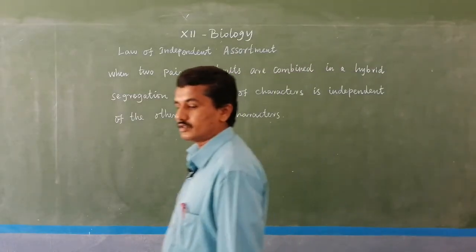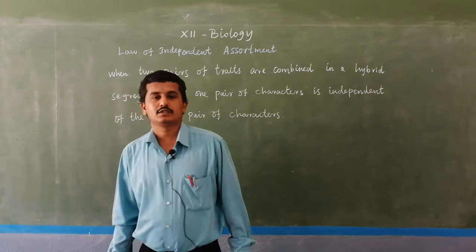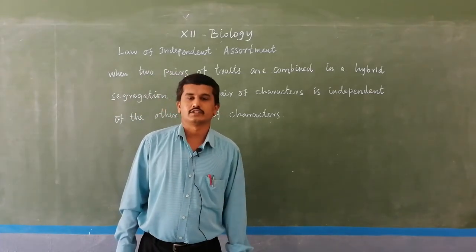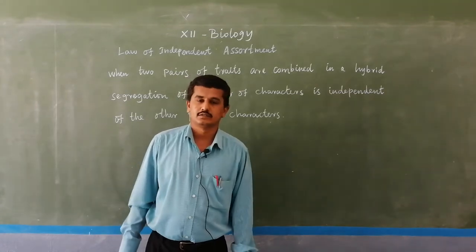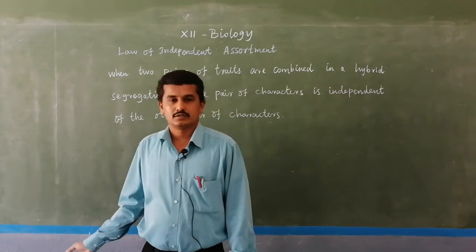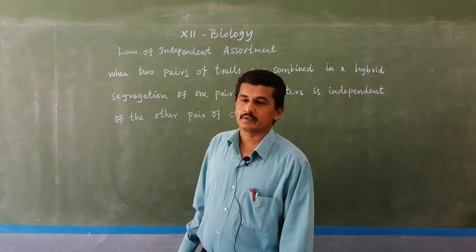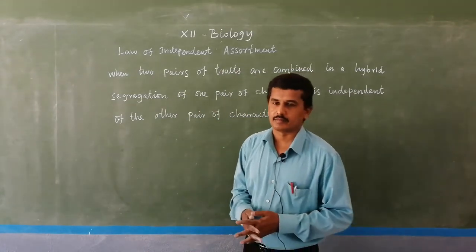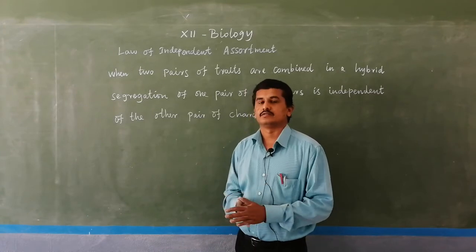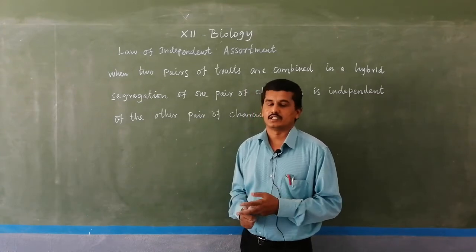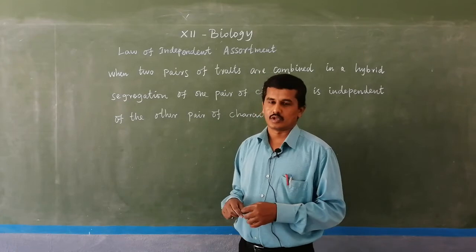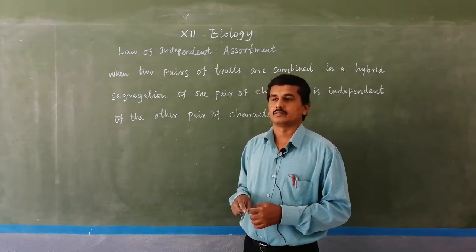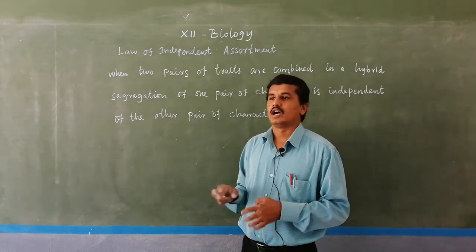In the monohybrid cross, Mendel formulated two laws, that is the law of dominance and the law of segregation. I have already learned these. After performing dihybrid crosses in the garden pea plant, with his mathematical knowledge, he formulated the phenotypic and genotypic ratio of the dihybrid cross in the F2 generation.